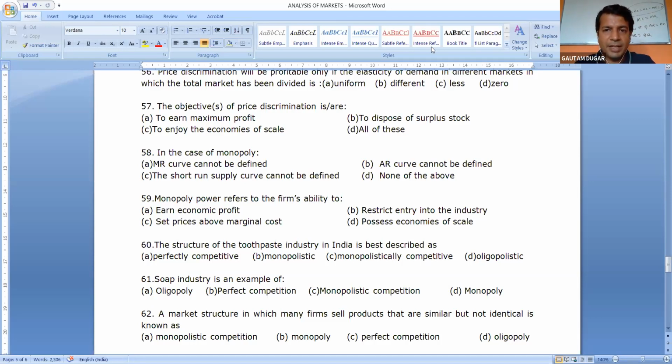Yes, very good answers coming in. 57 is D, all of these: to earn maximum profit, to dispose of surplus stock, and to enjoy the economies of scale. All of this is possible. 58. In case of